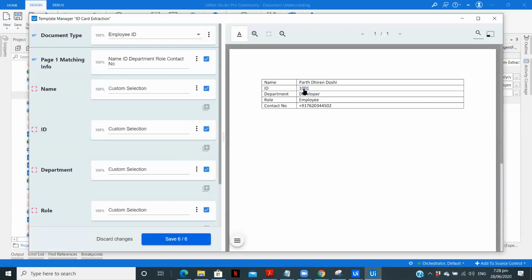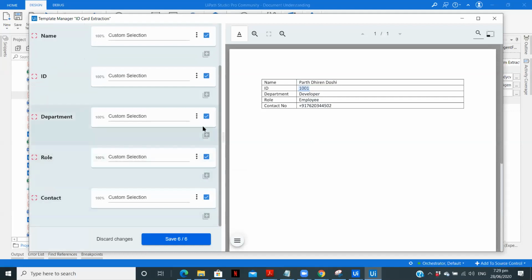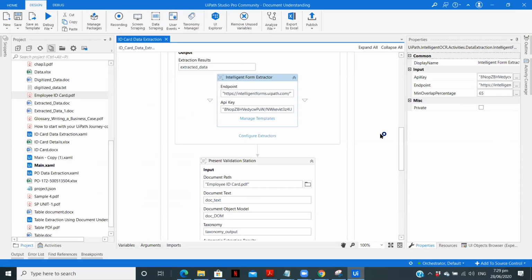Now let me show you this. If I click on 101, I'm not getting the option of adding it over here. So this field, or this particular area, is not directly detected. For that, we need to use this custom area selection. I have done this similarly for all the 5 sections. Now clicking on save, and closing this.